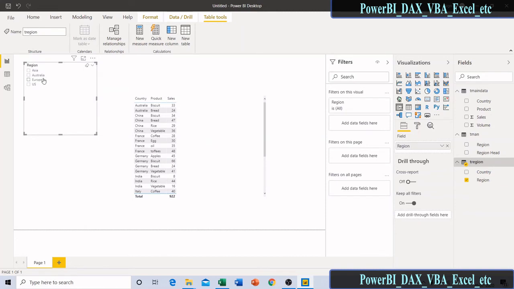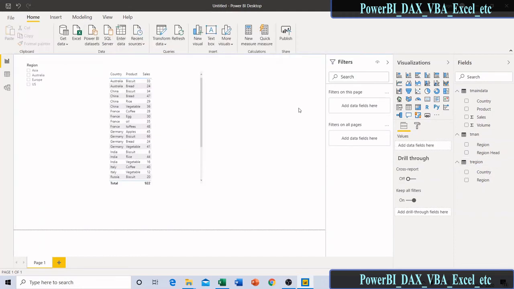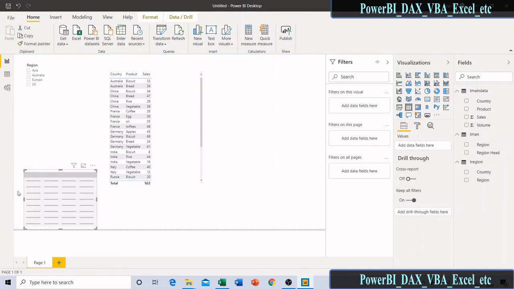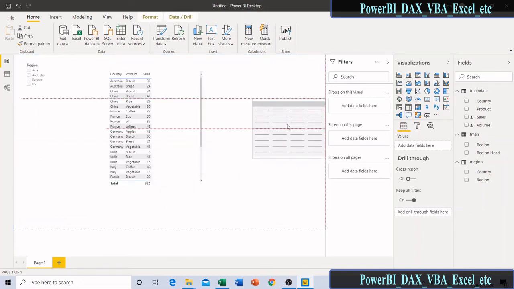I want to look at all the Asia countries. Click on here. Asia will appear. All the Asia countries will appear. US will appear. Europe will appear. Okay, that means that when I am selecting or applying a filter here, it is propagating to this table. Okay, now I am creating one more table just to explain how filtering is happening.